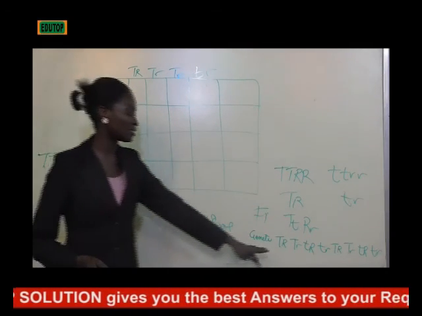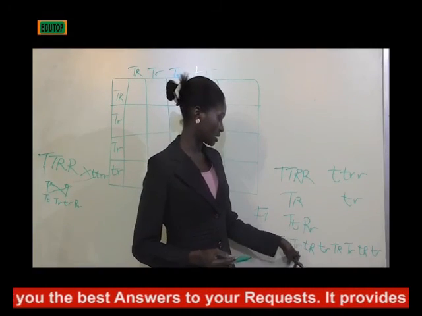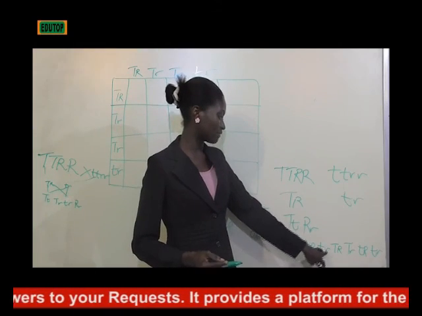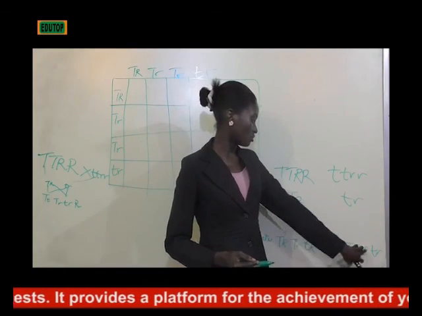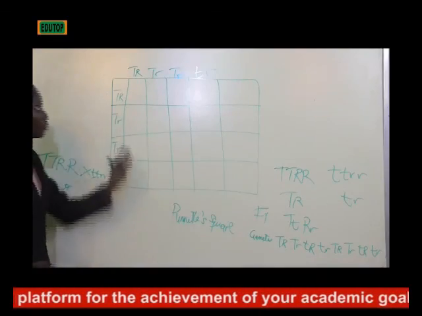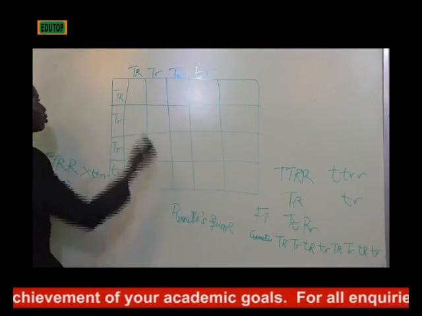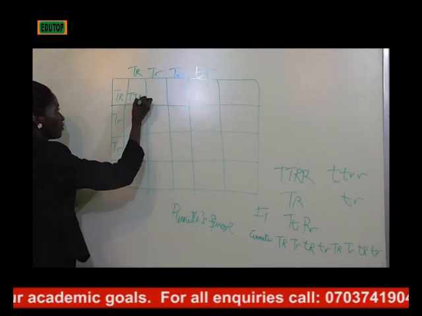So these 8 gametes: TR, the dominant T and R; dominant T, recessive r; recessive t, dominant R; recessive t and r; then dominant T and R; dominant T, recessive r; recessive t, dominant R; then dominant T and R. So that's why we brought it here. Since they are 8, we put 4 here, we put the other 4 here. So TT, TR, TR, you have TTRR, then